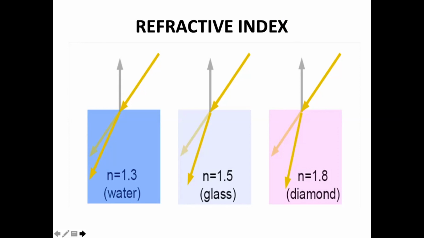The diamond refractive index is not 1.8; it depends on different varieties of diamond. For a very good, pure diamond, the refractive index is 2.42, and it is the highest. You can always see the diamonds shining over there.